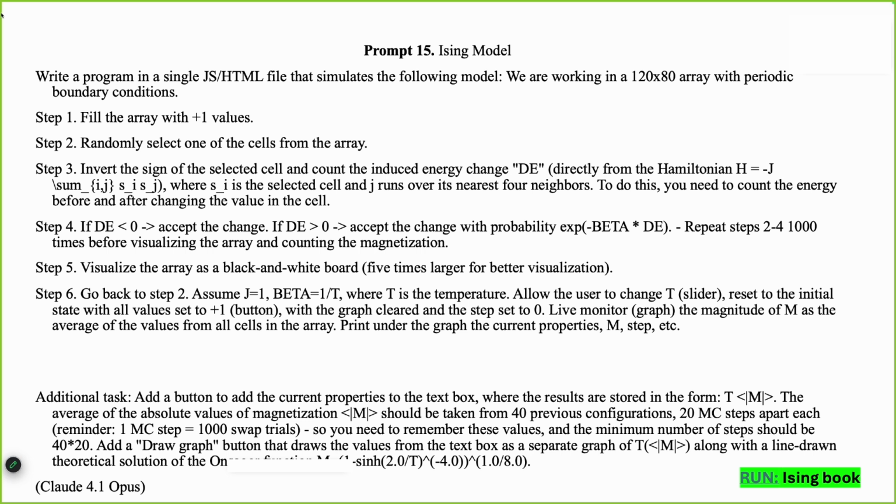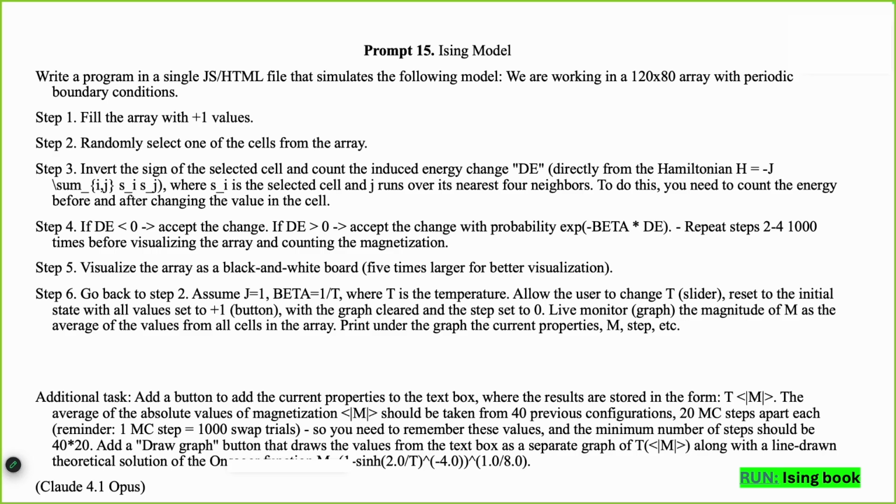Okay, so I have two examples for you. One is the Ising model. I won't go into details of the model here, but I'm showing that because it's a very detailed description of the model that I did. Why did I make such a detailed description of the Ising model? This is a standard. Everyone can write, like, "write me an Ising model simulation" on the website and enter, and you will get it in DeepSeek.